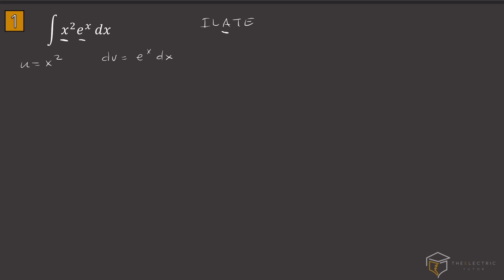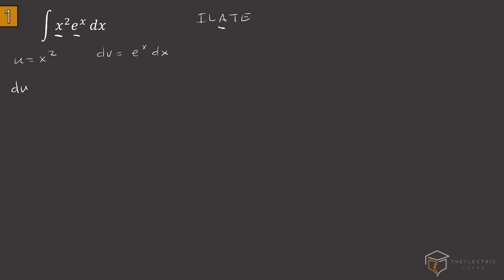Another way to look at it is to ask yourself, which of the 2 is easier to differentiate and easier to integrate? In this case, we have an e to the x, which is equally as easy to differentiate or integrate because it's always the same. So it's kind of ambiguous. I just tend to use ILATE. I always like to compare both methods; from the moment I decide I'm going to use integration by parts, I just decide, am I going to use ILATE or am I going to use common sense? Anyway, moving on,